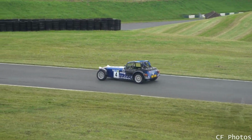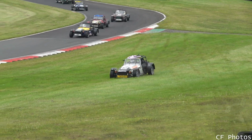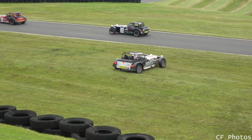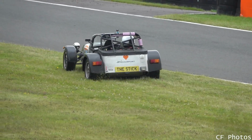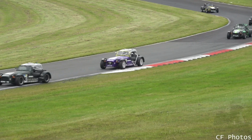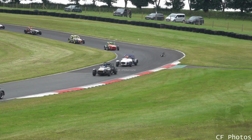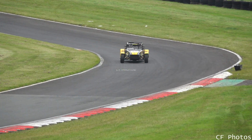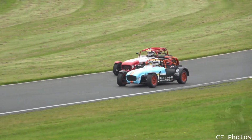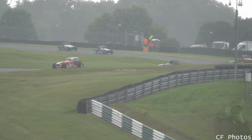Sorry about that. Car number 4 in front of us, and Neville Smith did it all wrong coming out of Charlie's. That's car number 40, being Holland, who you said did it all wrong coming out of Charlie's. It's getting a bit of a happy. Quite a moment for him. I'm losing my visibility now up that side of the track because of the rain on the windows, but it's still